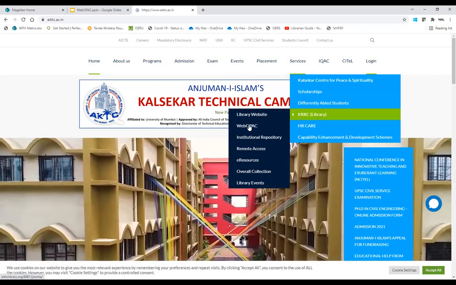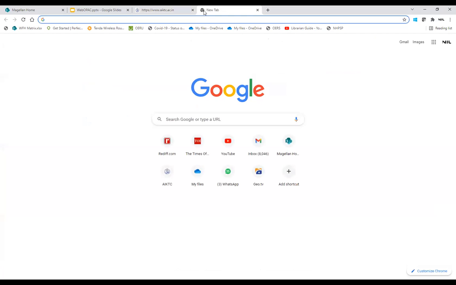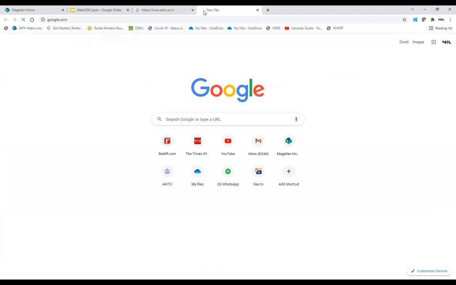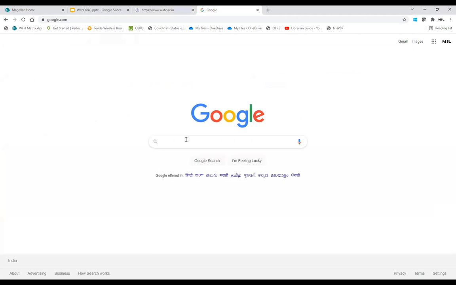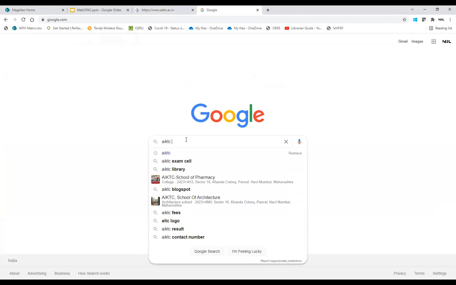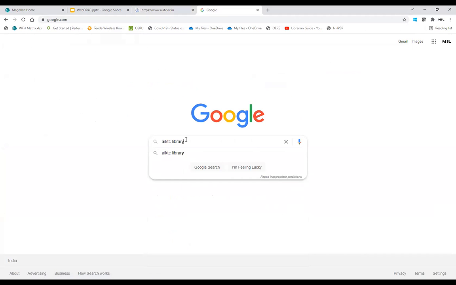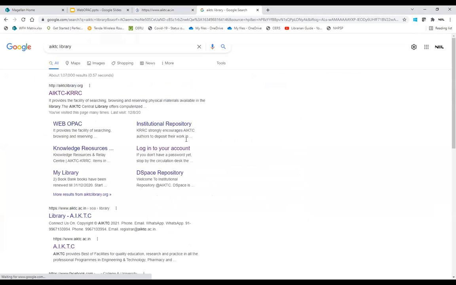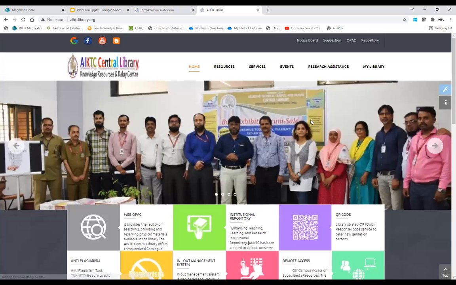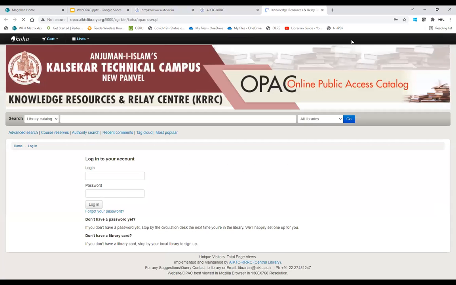From there, you can go to the Web OPAC, or you can Google the term AIKTC library and then go to the library website. So these are the two ways from where you will get the link to Web OPAC. I'll just click over here, OPAC. This is the main page of the library Web OPAC.